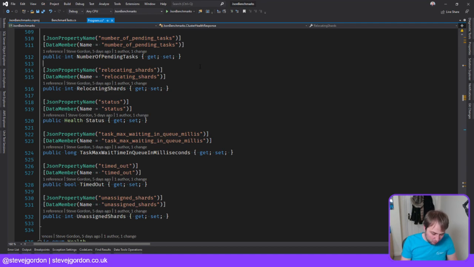Task max, this is a horrible one. Waiting in underscore queue underscore minis. And then timed out, it's nice and short, and unassigned